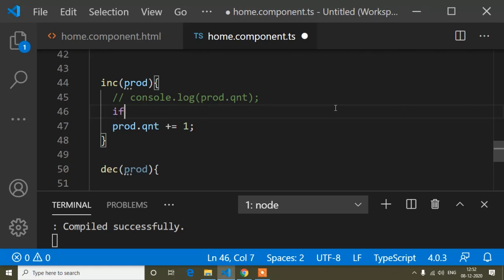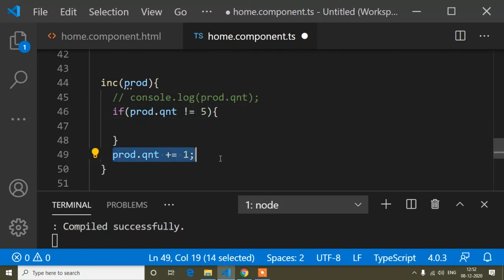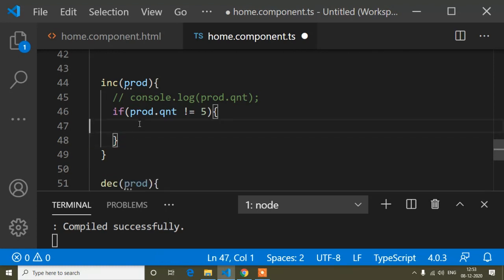So if, and inside this if condition I have to write product dot quantity not equals to 5, only then will the product quantity be increased. That means the product quantity will be increased when the quantity has not reached 5.